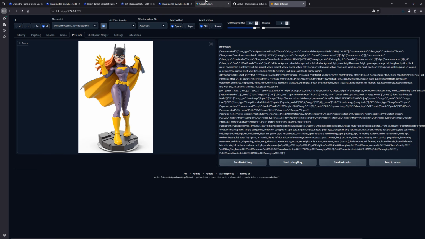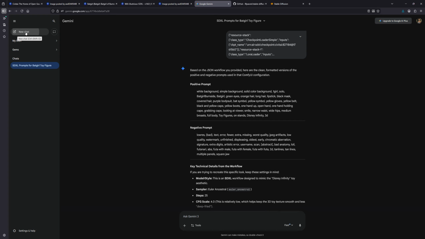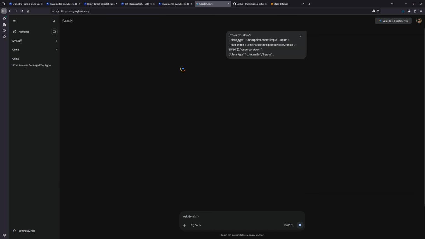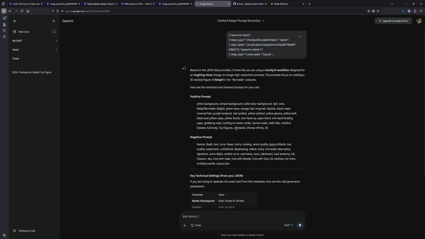I'm gonna go to Google Gemini and make a new chat. I'm gonna paste all of this, and with Shift Enter I'm gonna come down and tell it to give me a positive and negative prompt for this text. And there we go. We have a positive prompt that we can copy,